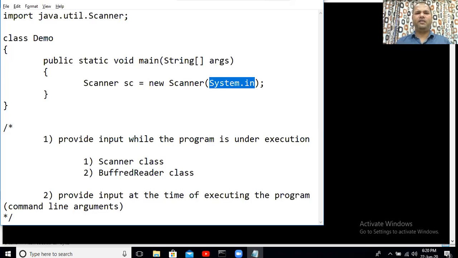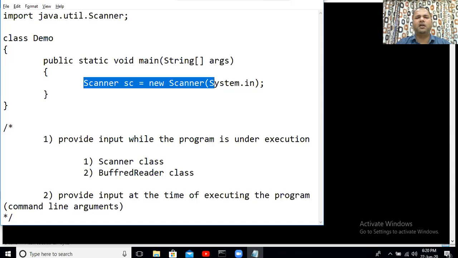As we have just started learning Java, I want to make these things easier for you to understand. I will definitely go into technical details to tell you what exactly System.in means and how exactly this entire thing is happening. But for the time being, as you are very new to Java, I'm keeping this discussion a bit non-technical in nature, just to understand the things right now. We will definitely be covering these things in much greater technical detail in our coming lectures.